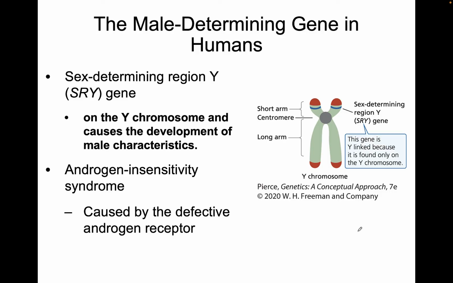So this brings us back to the SRY gene that I was talking about. You'll notice here on the Y chromosome, we have those regions that we talked about previously, okay, that are essential for sex determination. Those are called the PAR region, the pseudo-autosomal region, in red here. Now, on this acrocentric chromosome, the Y chromosome, you have the presence of the SRY gene, which is important for male development and to produce a phenotypic